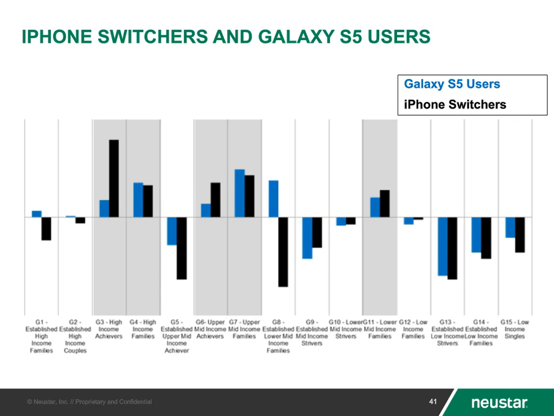In this case, we're talking about likely iPhone switchers who also are likely to be Galaxy S5 users, and understanding the marketing mix or the demographic mix of those households. You could also extend this out to link to media, so you could understand where to reach these, or the most effective channels to use to try to reach these kinds of households.